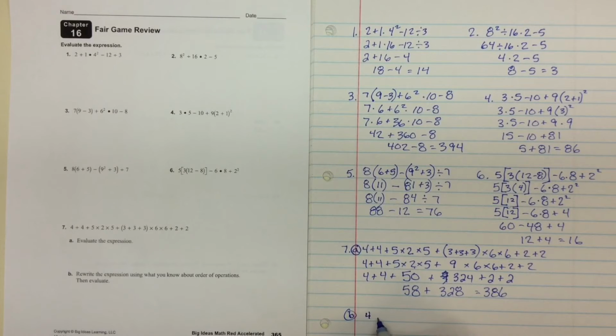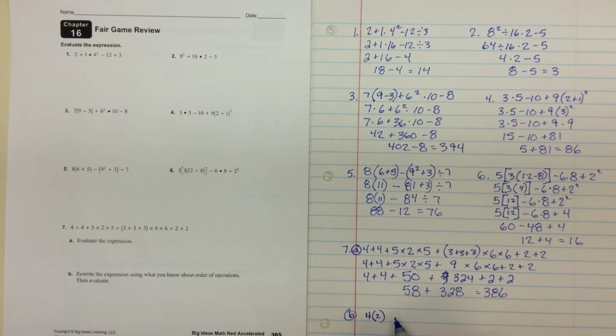So 4 times 2 plus, and here I have 5 times 2 times 5, which would just be 2 times 5 squared, because I got 2 5s there, plus